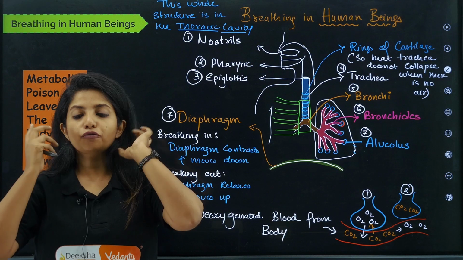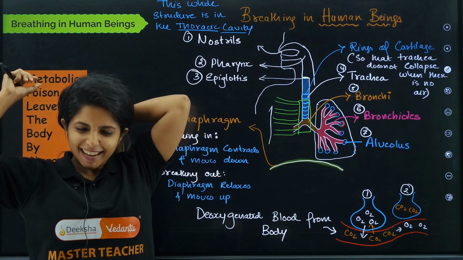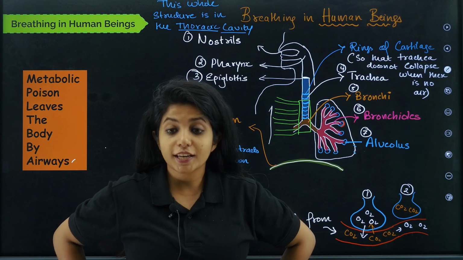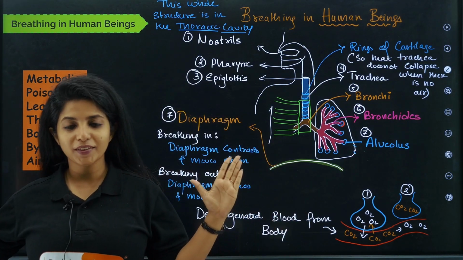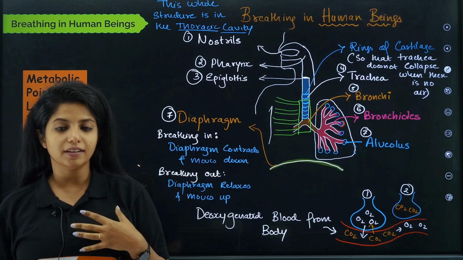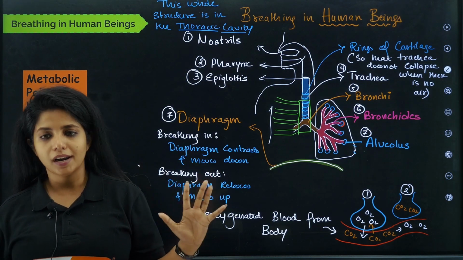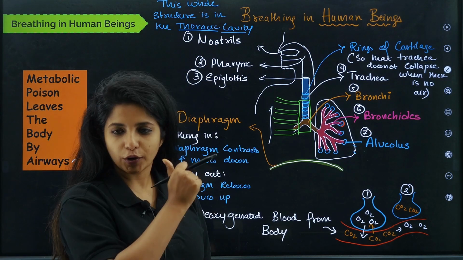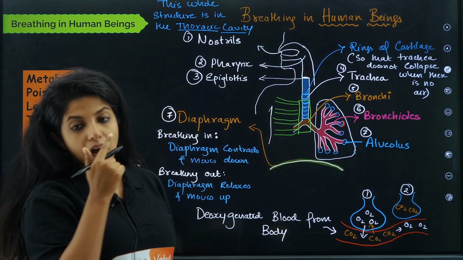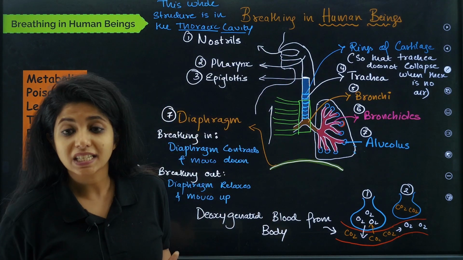What happens in the case of human beings? How do we breathe? We have a whole big system, which is known as the respiratory system, which starts from your nose and basically ends up in your lungs. So let's start talking about that. You have your nostrils. The outer thing that you see over here, these are known as external nares.